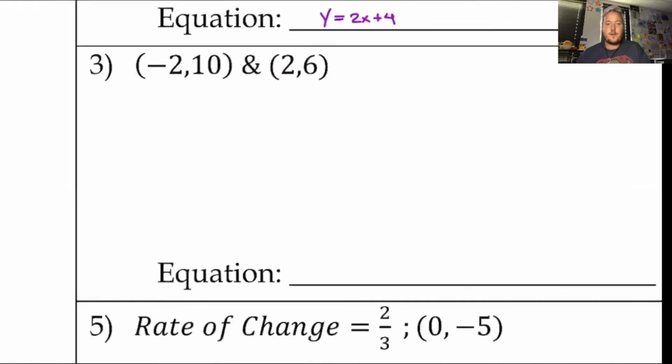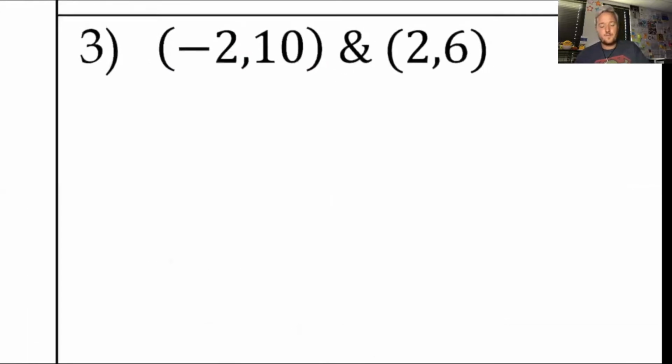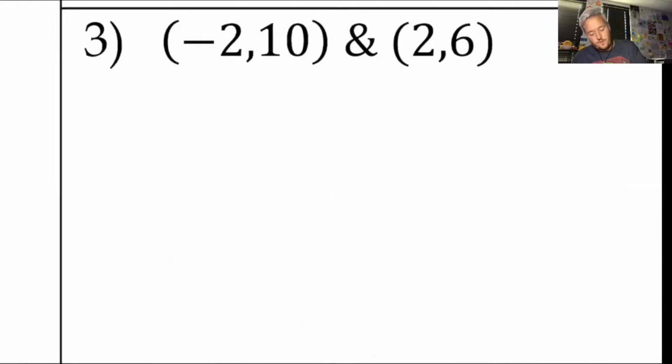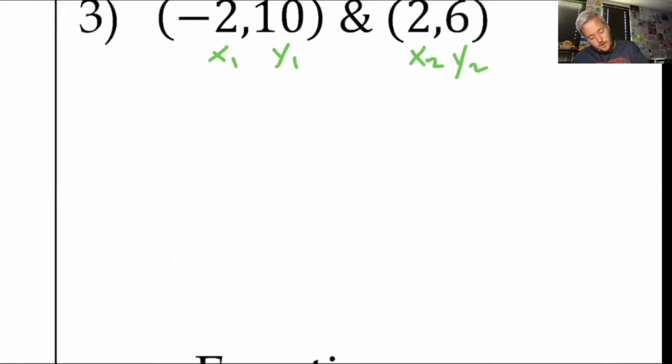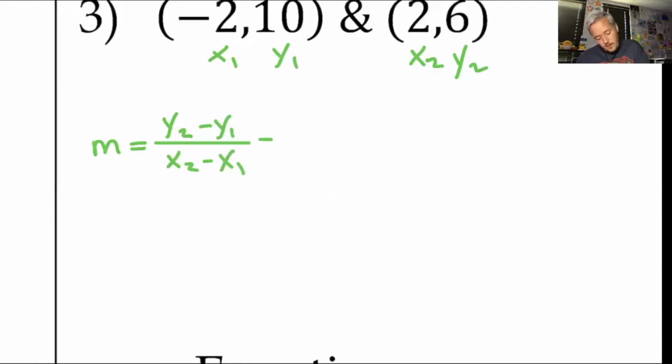All right, so now looking at our third problem here, it's written a little bit differently. Now I just give you 2 coordinates. So we've actually had to do this before. First thing we have to do is find our slope. So I'm going to label first, so that way I can do my slope formula. So y2 minus y1 over x2 minus x1. Based on how I have it labeled,